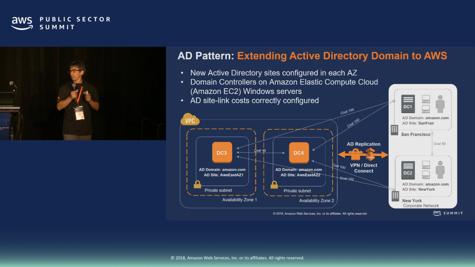You also have to make sure that your site links are properly configured, so you don't have a situation where your user sitting on-prem will be authenticating against a domain controller sitting in the cloud. So that would be the simplest and easiest way to get your existing Active Directory up and running. Because at the end of the day, let's face it, it's just domain controllers synchronizing attributes in the cloud. So that's the first option for you to use.